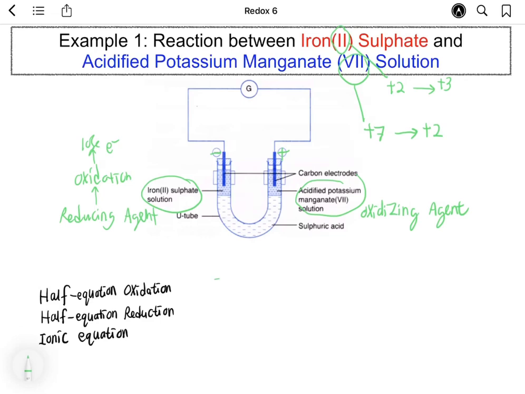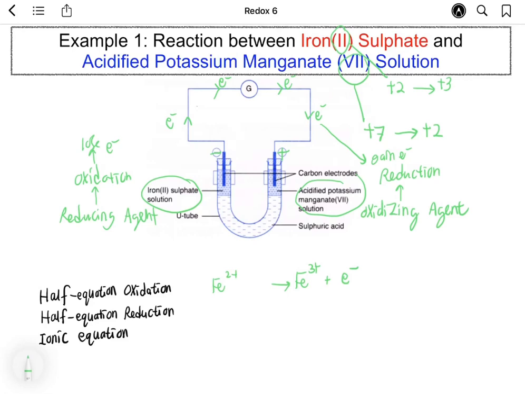Step 3, we will write the half equation of oxidation, whereby Fe2+ becomes Fe3+. Oxidation is loss of electron, and electron is written on the product side. So this electron that is lost during oxidation will flow through the external circuit, and the electron will be received by the acidified potassium manganate, so that this acidified potassium manganate undergoes reduction